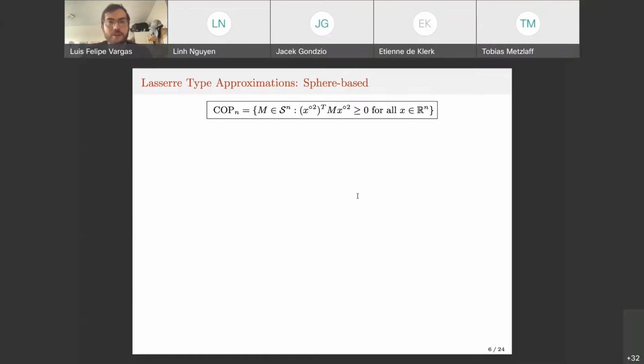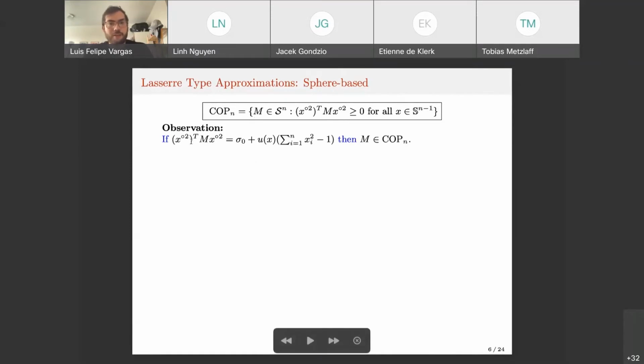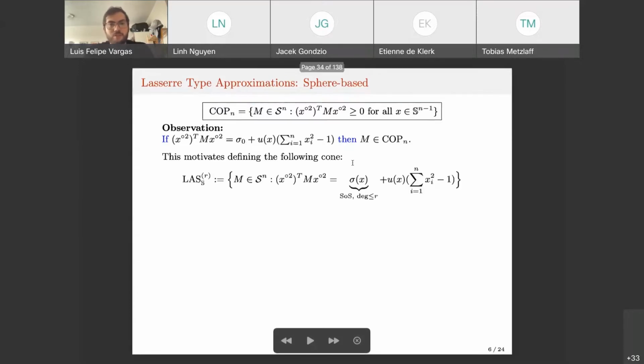the copositive cone. Now we write the copositive cone encoding the non-negativity into the variables, with x squared, and then again we can restrict ourselves just to the vectors for which the sum of the squares of the variables is equal to 1, so the unit sphere. So we can change the formulation for this, and then we have again the observation. If we can write this polynomial as a sum of squares in the ideal of the unit sphere, and